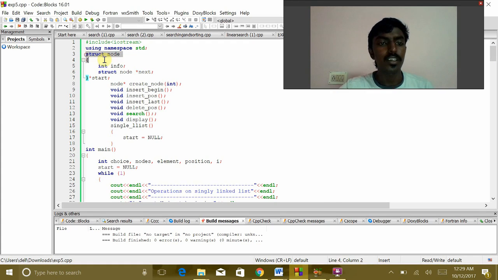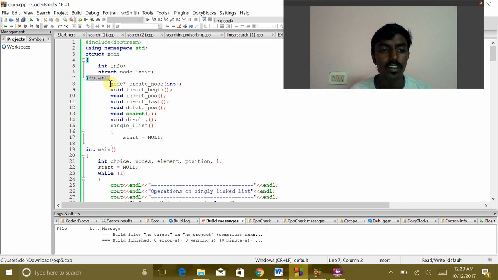Here I have created a structure called node. In this, info is the data which is present in the node, and the star next is the pointer present in it, which will point to the next element present in the linked list. And this is an empty pointer which doesn't have any data, but it will always point to the first element of the